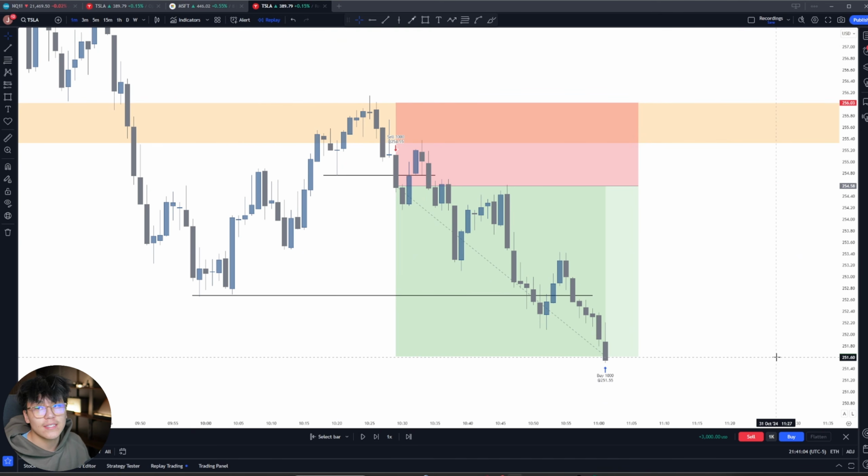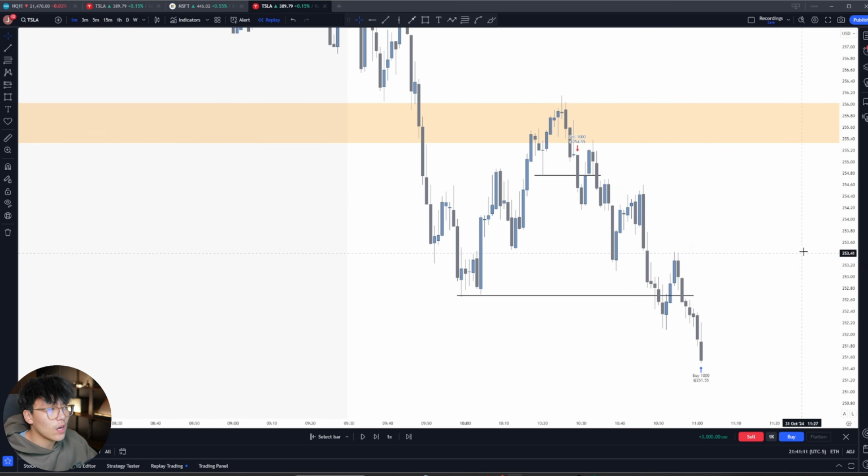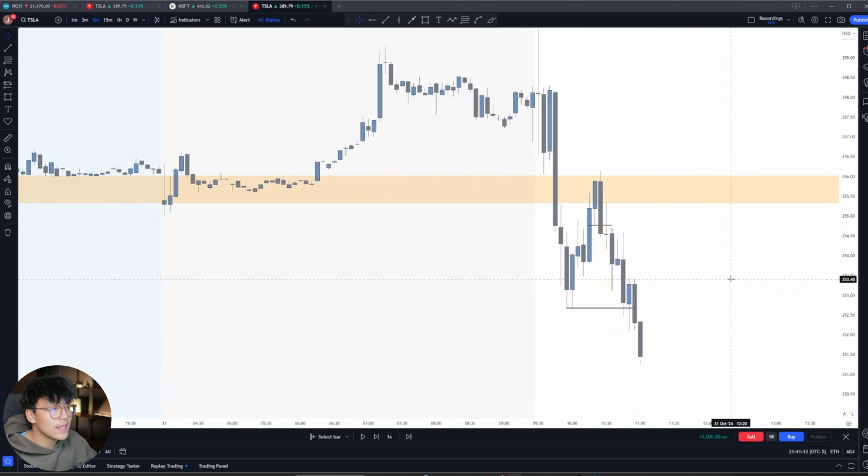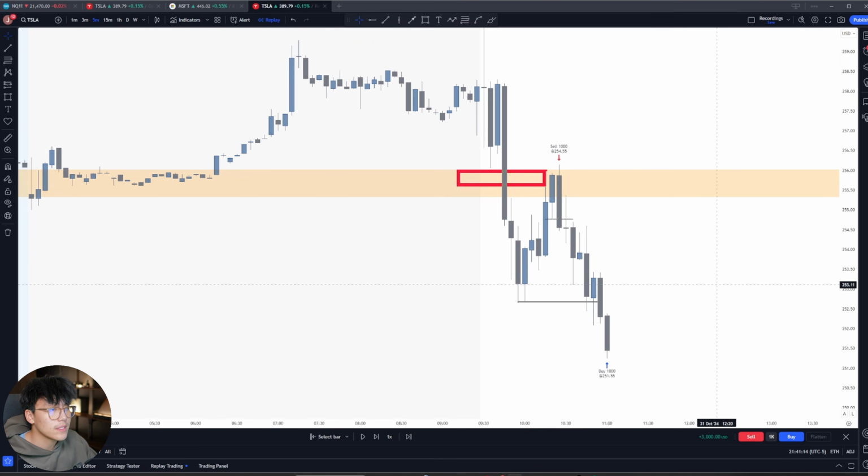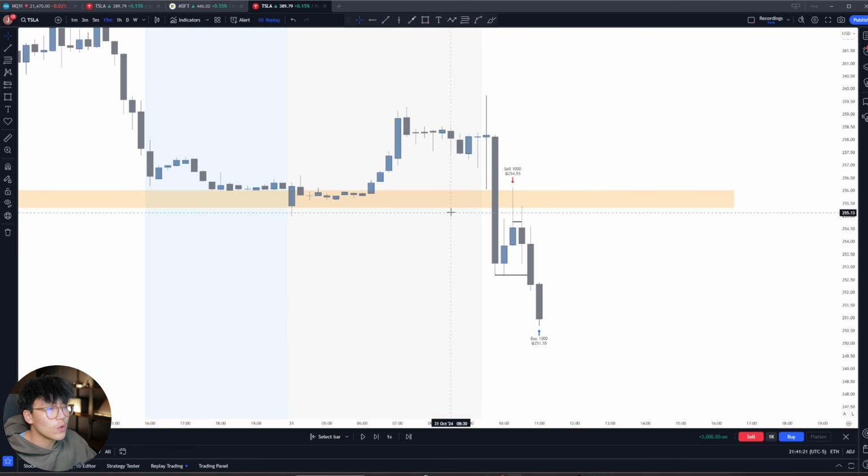So right there, you can see Tesla end up having a super nice push towards the downside, towards our higher time frame targets. And now if we go back onto the higher time frames, you can see how well this formed, right? Price perfect break underneath, super solid retest on the 5-minute time frame, 15-minute time frame, really solid retest